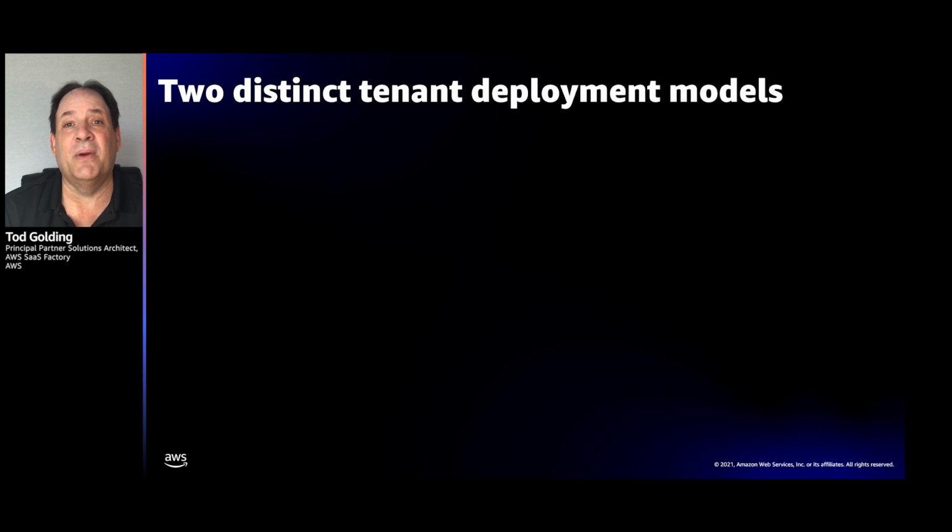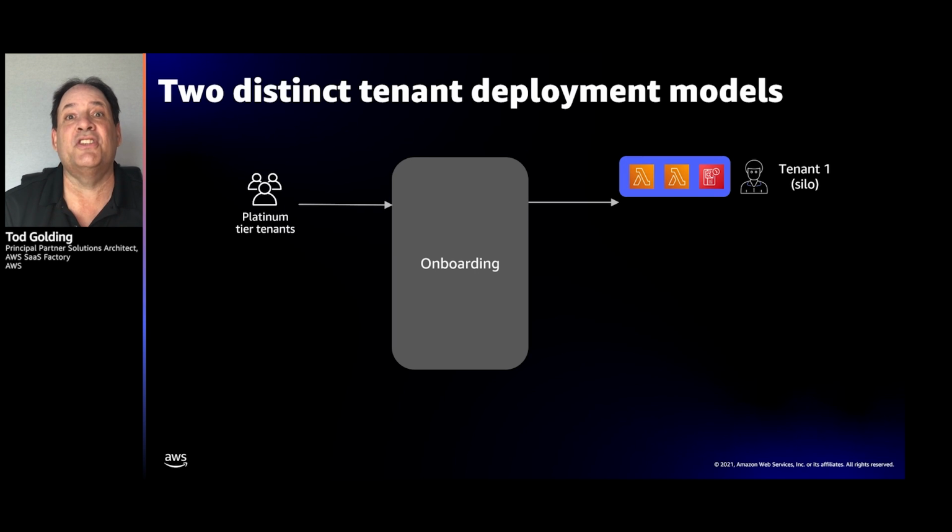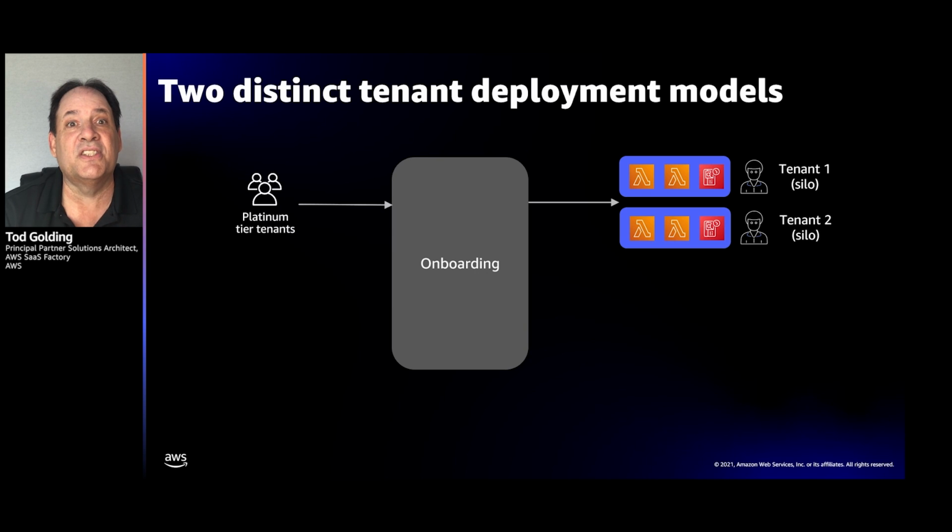And so in this environment, we wanted to do what we often tell our customers to do, which is sometimes you have to support both, which is some tenants are in the silo model and they have dedicated infrastructure, and some of your tenants will be in the pooled model, and you'll use tiering to separate those experiences. So at a conceptual level, we'll have onboarding. And now as each tenant onboards, in this case, a platinum tier tenant onboards, because it's Platinum tier, we'll actually provision a silo for that tenant because they get dedicated resources here. And we'll provision a silo for the next tenant that onboards.